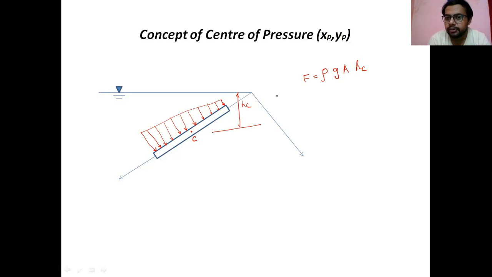From Varignon's theorem, we can see this total resultant force acts over a point. The point is called the center of pressure, P. So the depth of the center of pressure from the free surface should be equal to HC plus